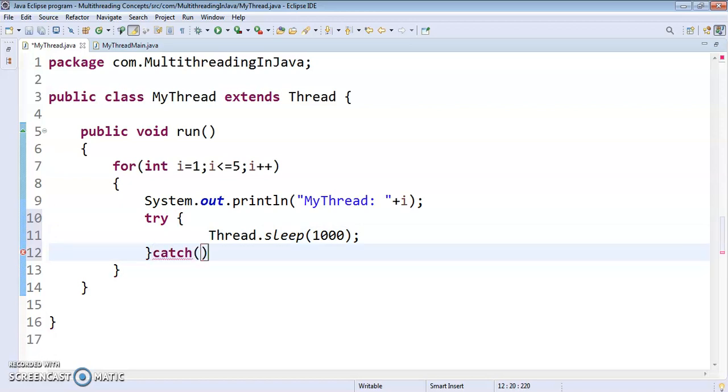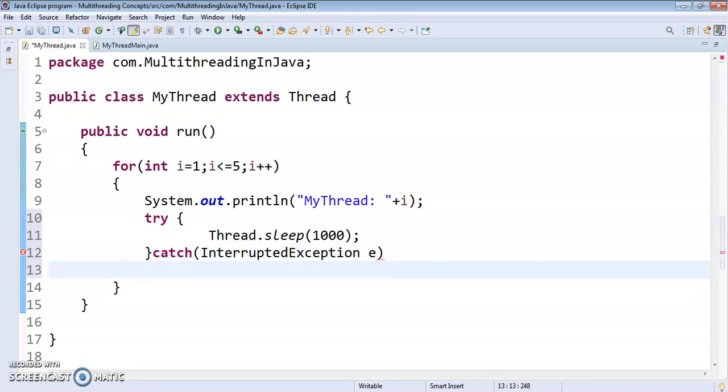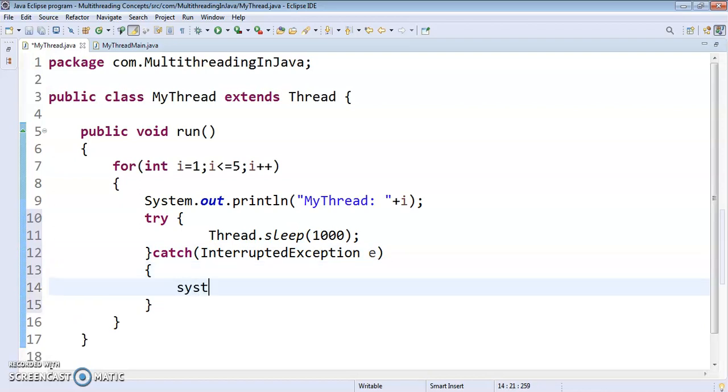In the catch block, if I know the name of this exception, you can directly write InterruptedException. Or else, if you don't know, then you can write only Exception and the object.